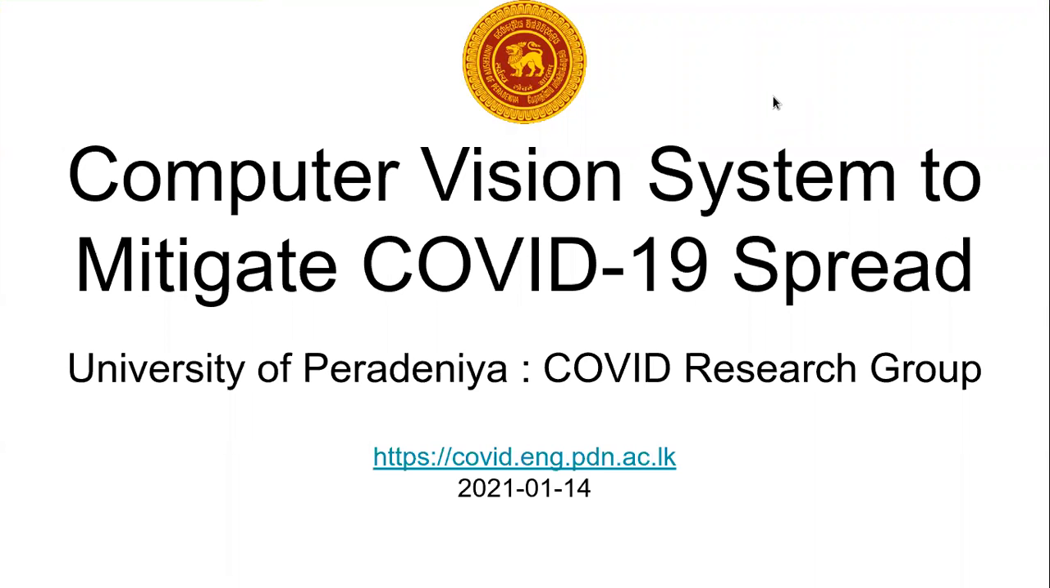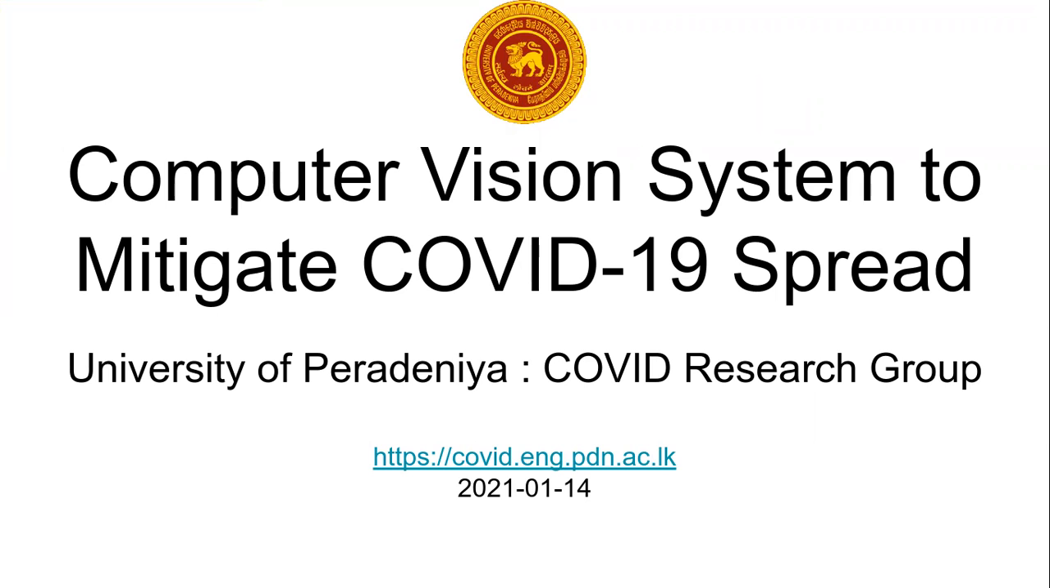Hi, this is a presentation from the COVID research group of University of Peradeniya. This presentation is about the computer vision system being developed by our research group to mitigate the COVID-19 spread. You can read more about our research group, our research and members on our website